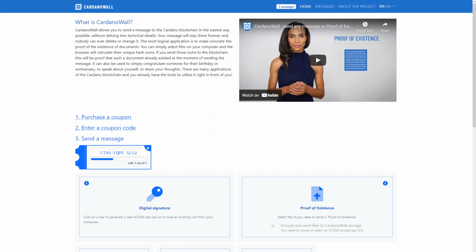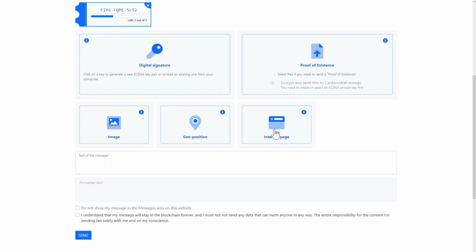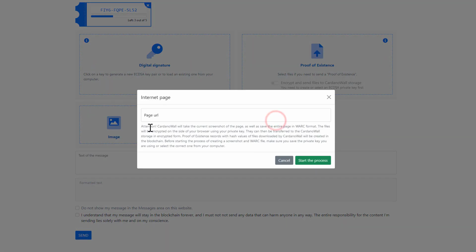Hello everyone! A new feature for the third level of proof of existence on Cardano Vault was just released, and this allows you to create a proof of existence of any publicly available internet page. It works pretty simple. There is a new block here, it's called internet page, and when you click it, you just need to enter any URL, and once you start the process, one of a few servers from Cardano Vault